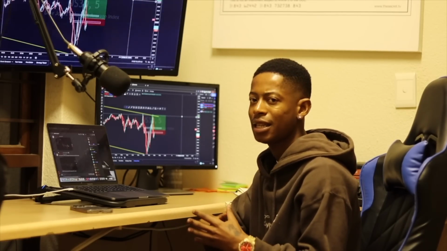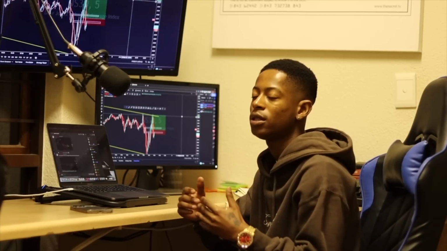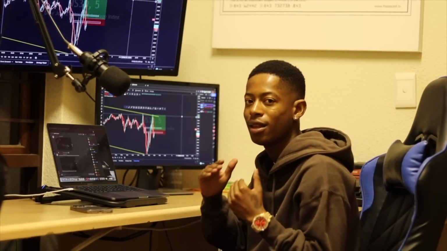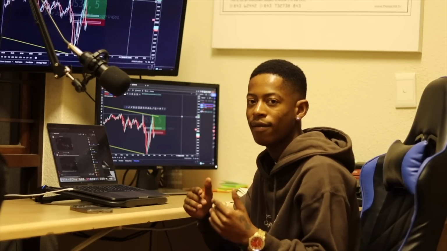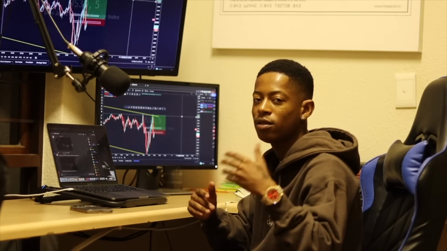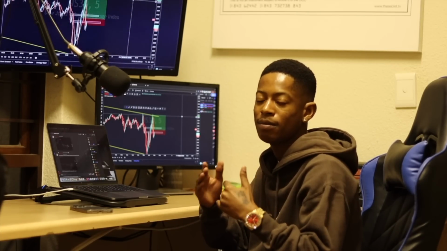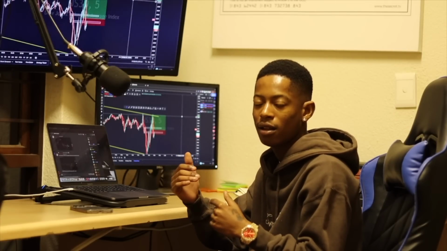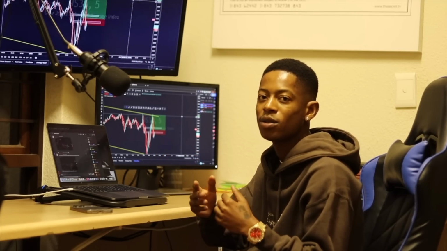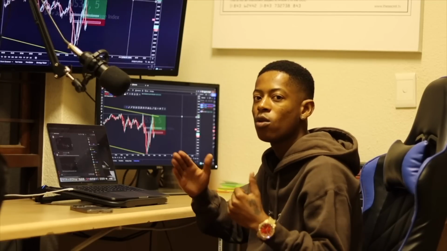So this is just to help you guys see that even if you're starting with maybe 3K, you can still scale it within a week, because most of the results, I made them with yesterday and today's trades compared to the other days. Today is Friday. So even if I started trading Monday with this account, in 2 days, Thursday and Friday, is when I actually made my profits for the week,